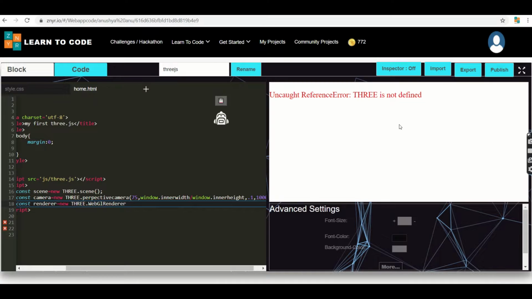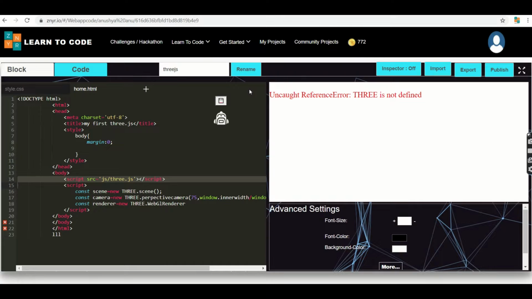You may notice on the right hand side it has an uncaught error, THREE is not defined. Here THREE is nothing but the scene, camera and renderer. This is because we didn't activate the scene, camera and renderer in my Xenia platform. To process this, I'm using this link.